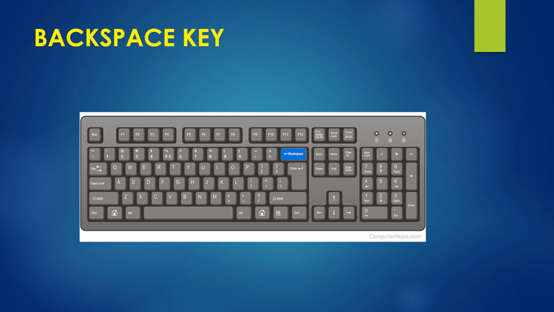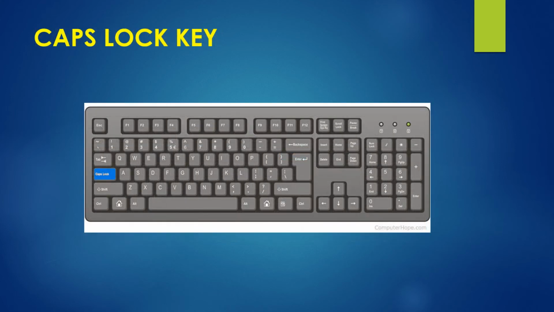Okay, now next one is caps lock key. You can see the caps lock key which is available in blue color on this keyboard. Caps lock key is usually found in the beginning of the middle row of alphabet keys. Where do we find it? In the beginning of the middle row of alphabet keys, right? And now see, what is the use of the caps lock key? Why do we use the caps lock key? We use this caps lock key to type something in capital letters.